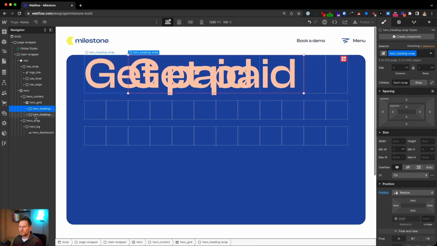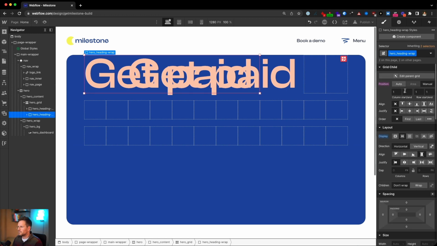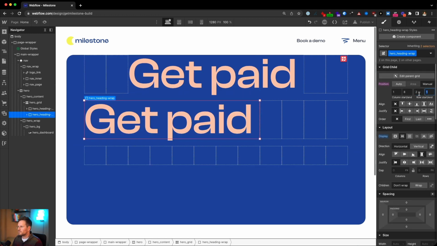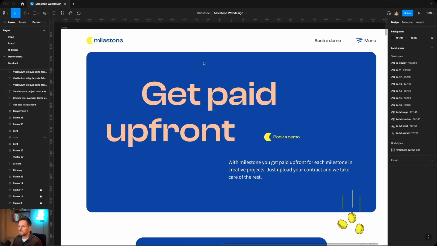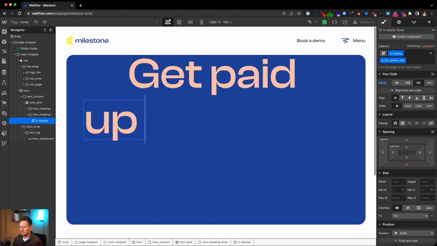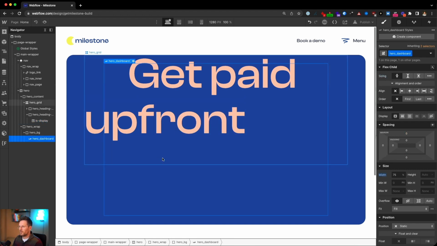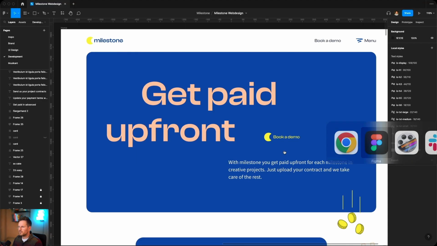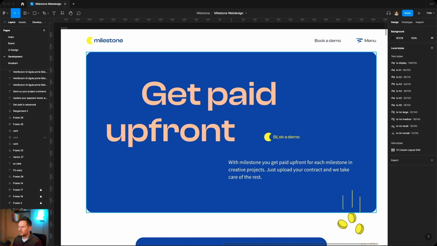We copy this one. So we have here the second line, and this should start and end in row 2, and get paid up front. Looks fine for me. And then we also have here a button and this subline.